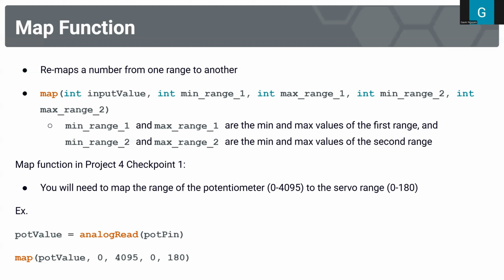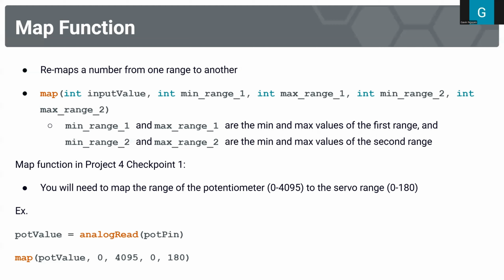That input value is going to be usually like the analog read value that you get from either a potentiometer or a photoresistor, for example. And then the next values are going to be min range 1, max range 1, min range 2, and then max range 2. Min range 1 and max range 1 are going to be the minimum and maximum values of